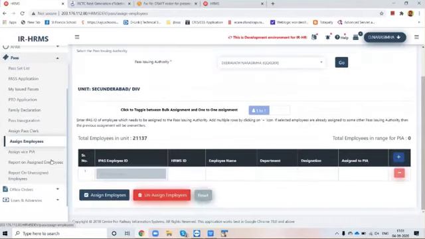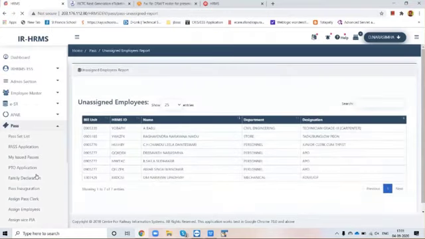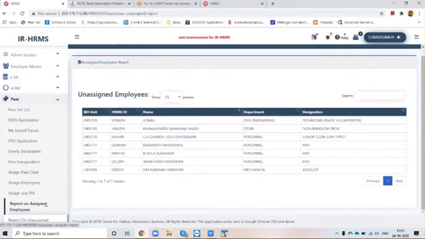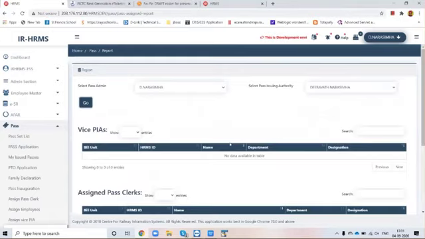There is a report on assigned and unassigned employees. These reports are given to the unit admin, pass admin, and PIA. This is the unassigned employees report, for employees who are not tagged to any PIA, and there is a report on assigned employees. Just select that PIA, and you will have all the information about the employees and pass clerks.